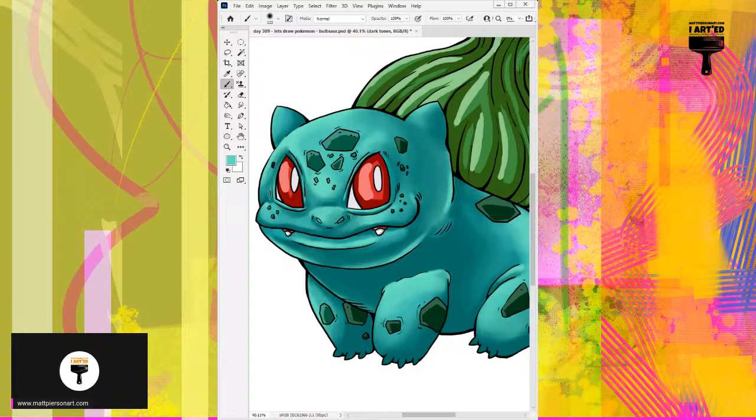Let's see here. Do another layer. What layer are we on? Press. And yeah,